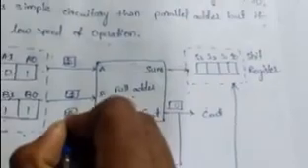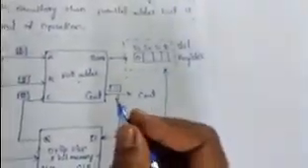Then the sum of 1 1 0 will be given at its sum. Here we put 1 1 and here 0. The sum is 1 plus 1 plus 0, which is 1 0 in binary. So the sum will be 0, and here in S3 the sum will be 0 and carry out will be 1.